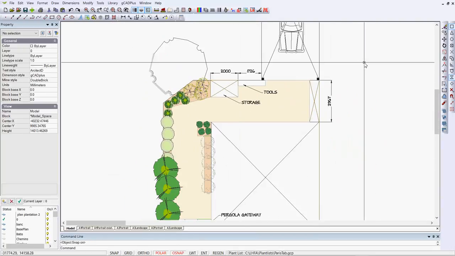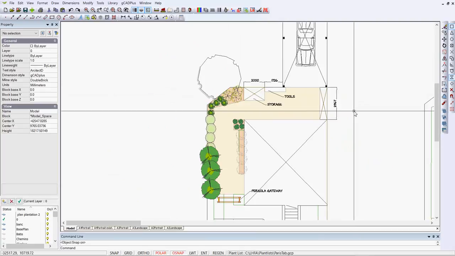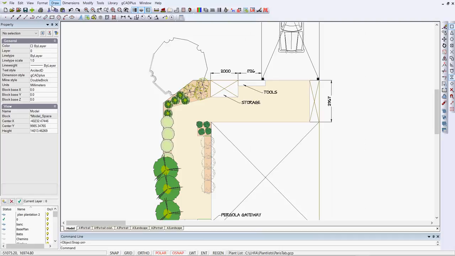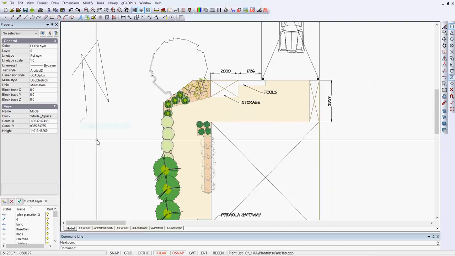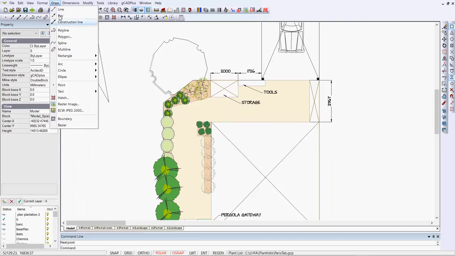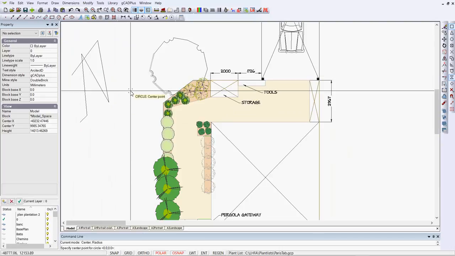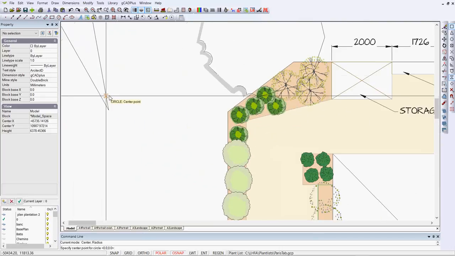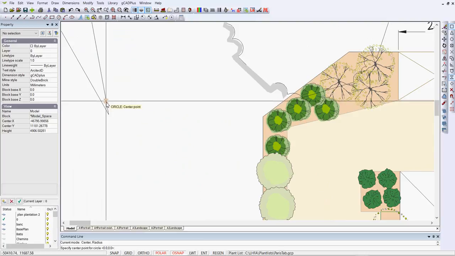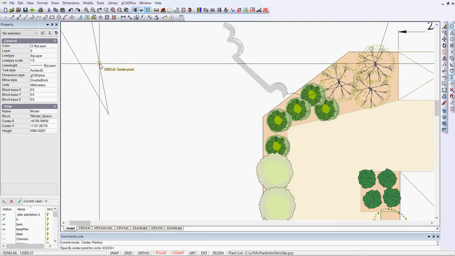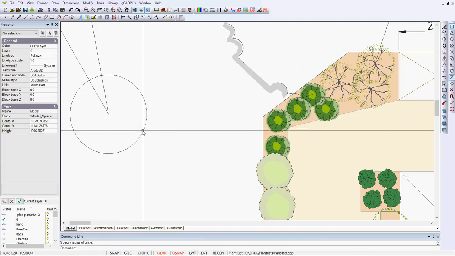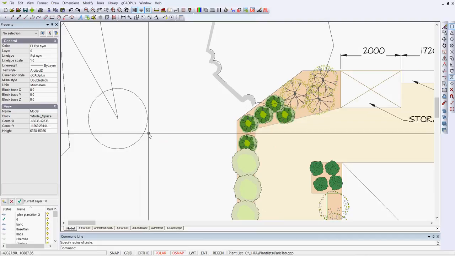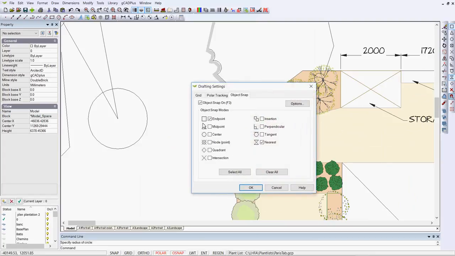That means, for the sake of argument, I can draw lines from one end point to another. Let me throw some lines in. I'll draw a line there, crisscross over and exit. Now when I want to put a circle in, let's say, draw a circle, centre radius, as I move around, can you see that my cursor jumps automatically into nearest mode as I get near the line, but when I get near the end, it switches automatically to endpoint and finds the endpoint. That's really handy,